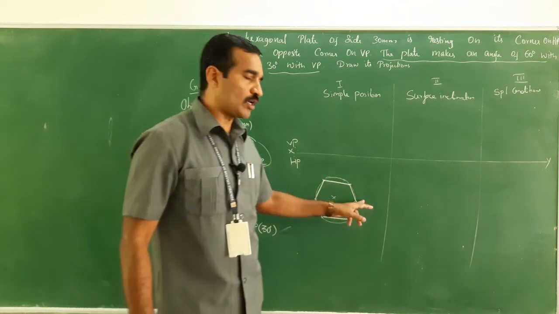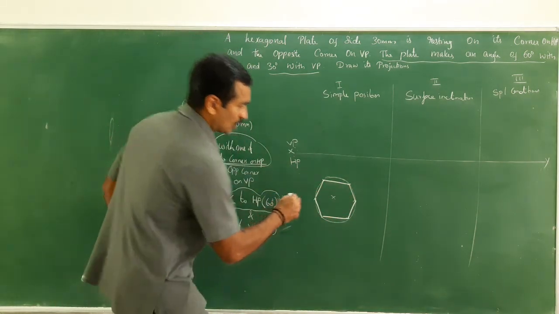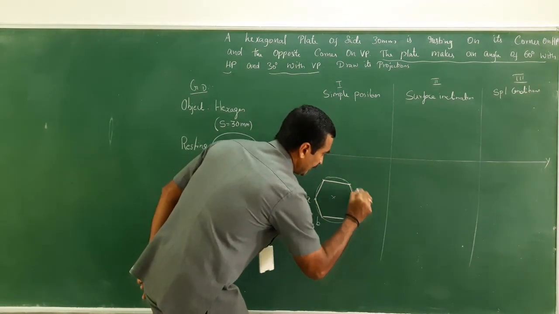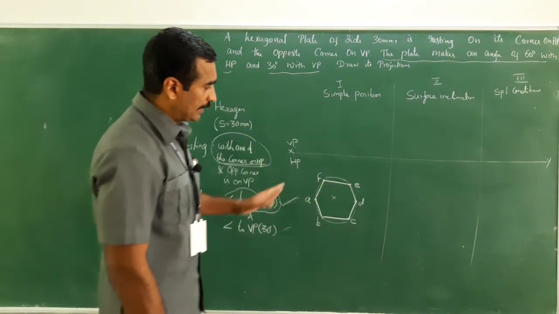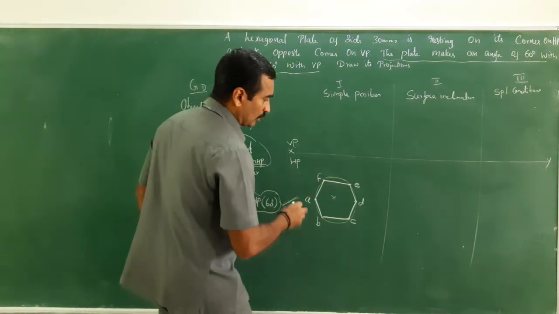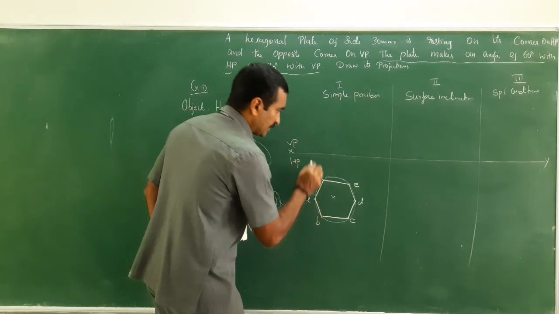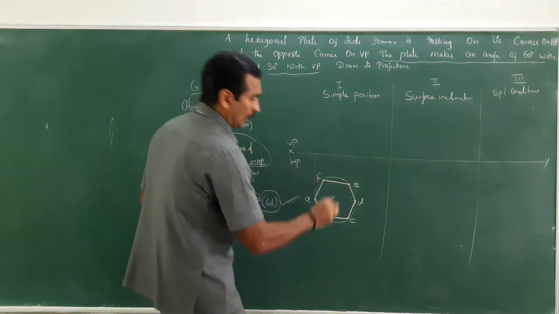Right. Now the corner is on the right hand side. Let me just give the naming for this. Starts from the left extreme. This is A, B, C, D, E and F. In order to get the front view, you have to just project the lines. Project vertically, that should be perpendicular to the XY till it intersects the XY line.